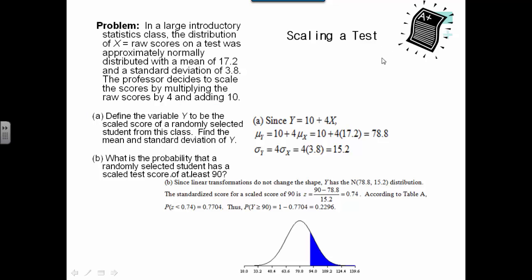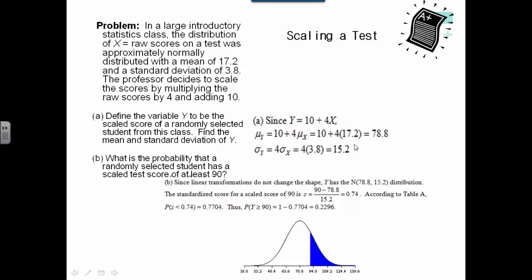In a large introductory statistics class, the distribution x equals raw scores on a test is approximately normally distributed with a mean of 17.2 and a standard deviation of 3.8. The professor decides to scale the scores by multiplying the raw score by 4 and adding 10. To find the variable y, the scaled score of a randomly selected student, find the mean and standard